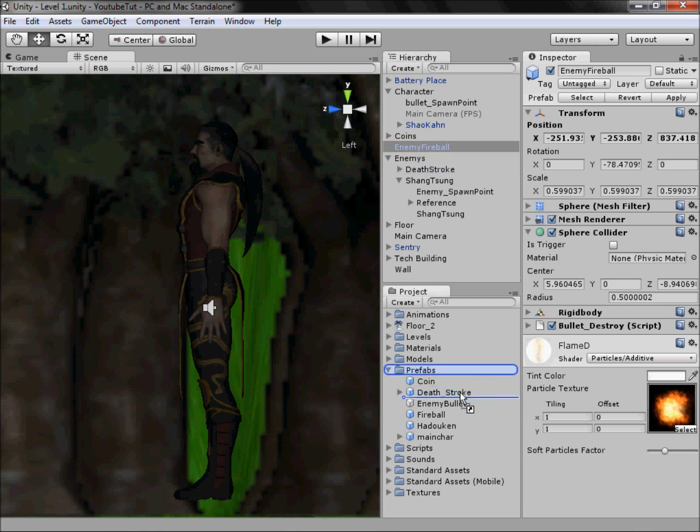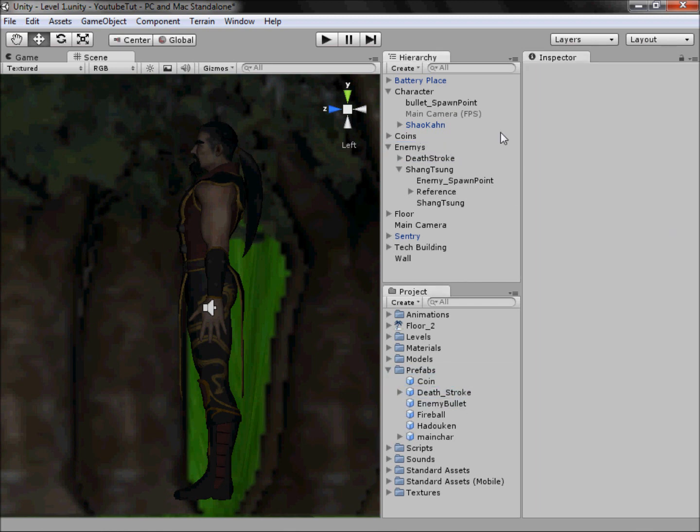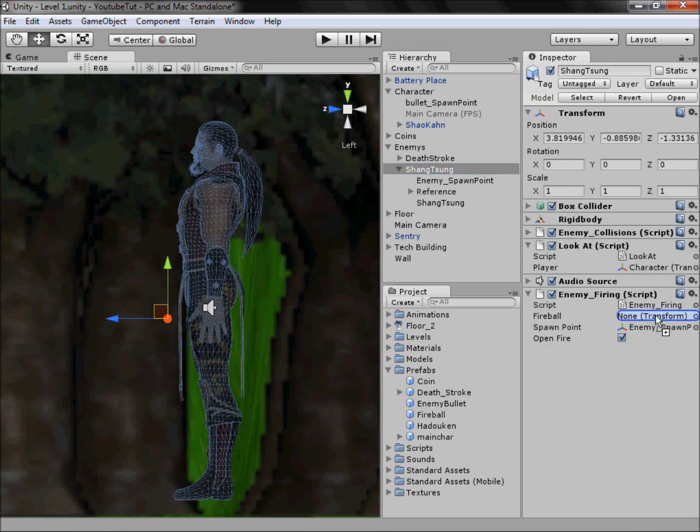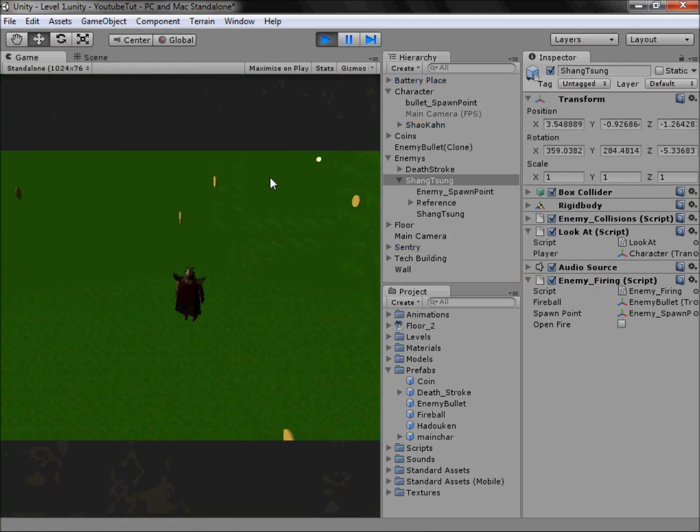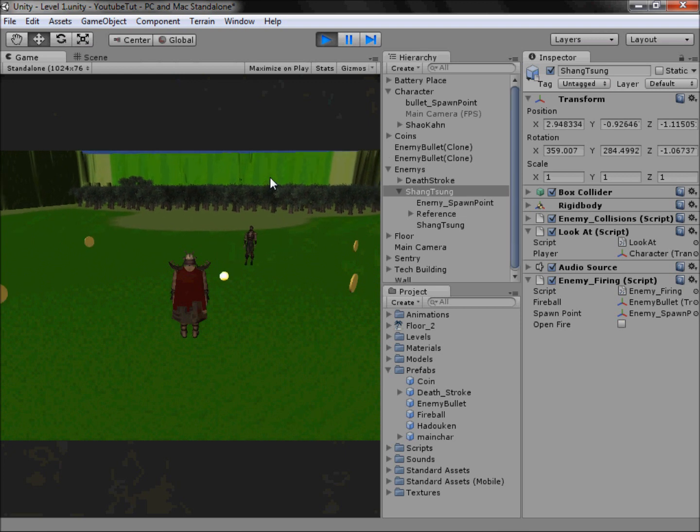So drag our enemy fireball to our enemy bullet, get rid, and now we can equip it to Shang Tsung, and he can fire at us and be so cool. And because he already looks at us, we don't need to worry about making the fireball aim at us. So if you watch, boom,